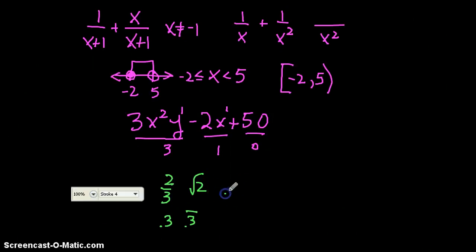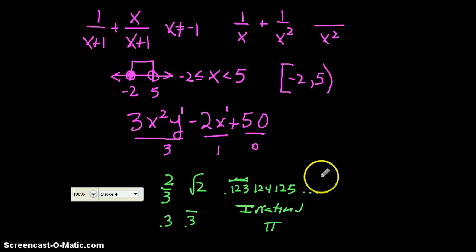When we say pattern, we mean a repeating pattern. Now notice there is a pattern here, but that block is not repeating. So if it keeps going and there's no repeating pattern, then it is irrational, like pi. So remember that. Now, when we're talking about quadratics, let's say I had this